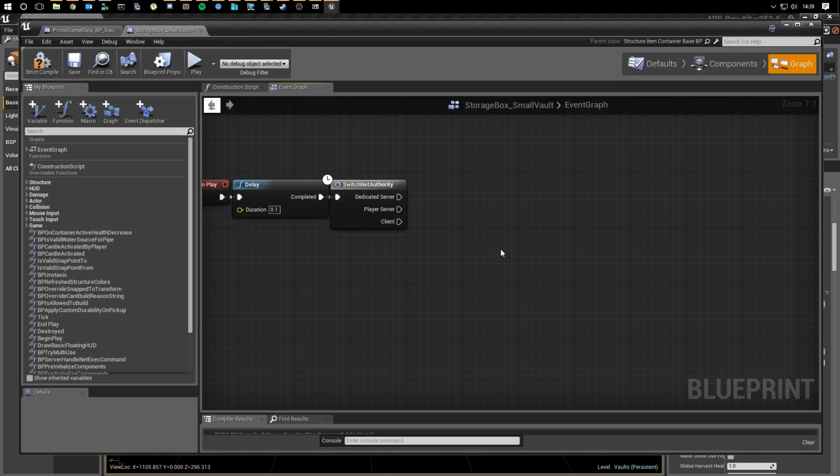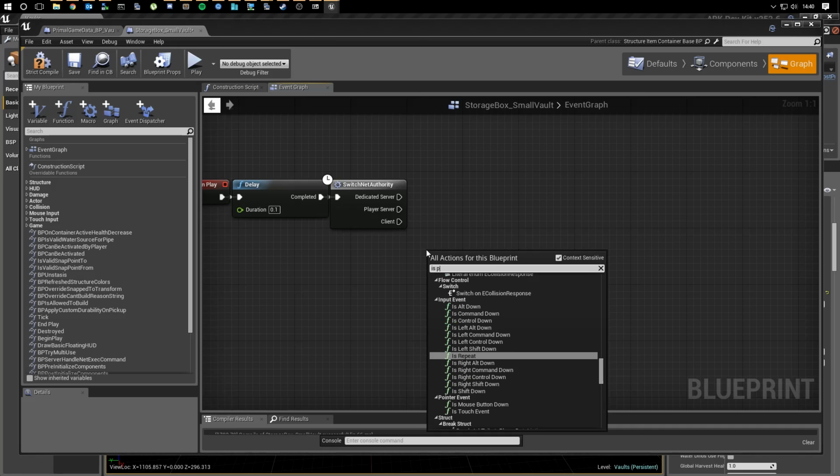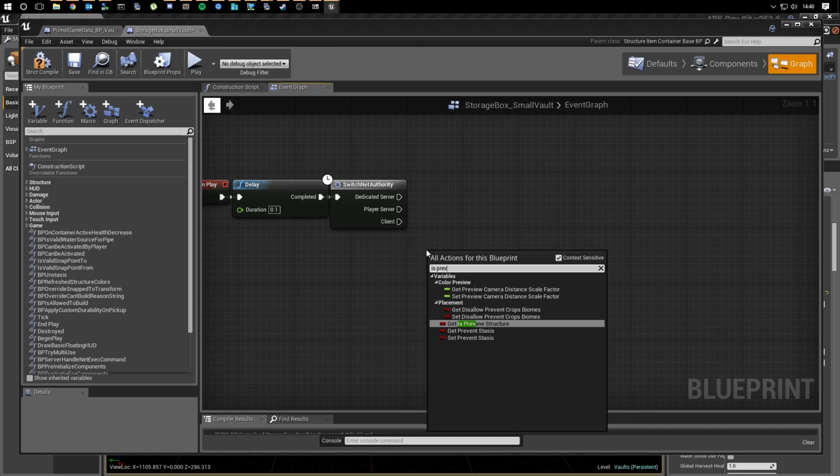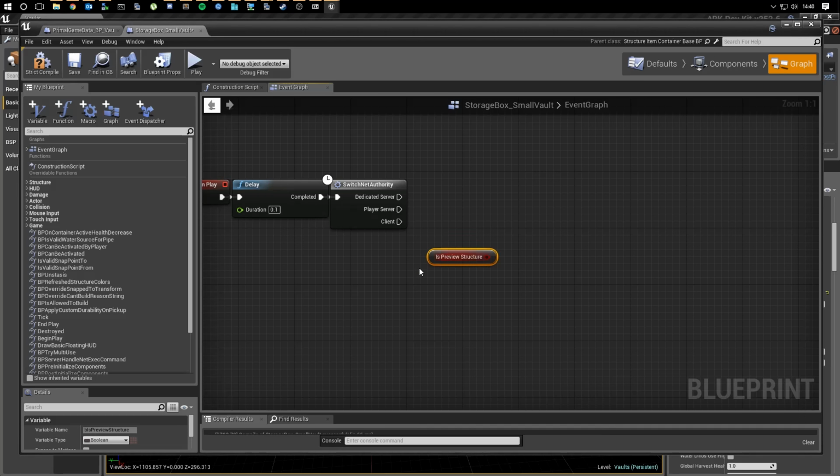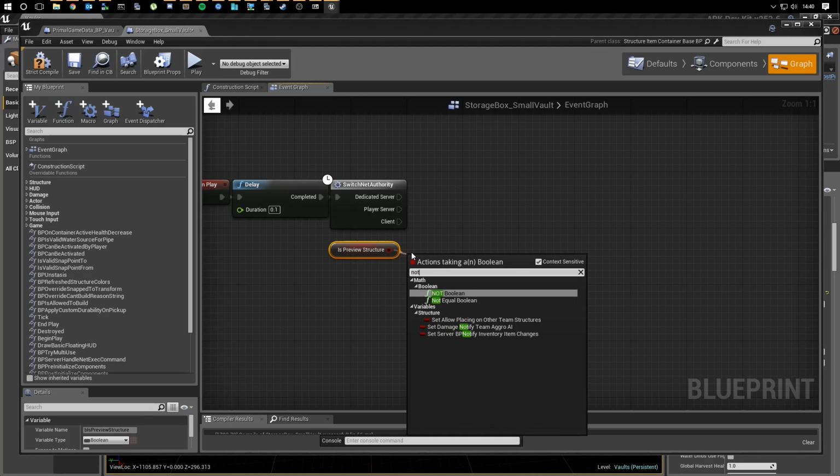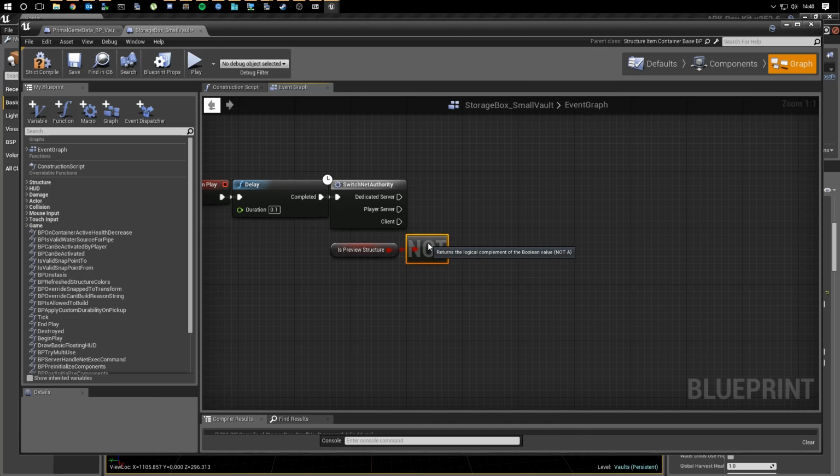Regardless, if it's a pure dedicated server, there's really no extra handling we have to do because dedicated servers do not have the actor spawned until the structure is placed. So let's go ahead and get right into that. So we want to check, is it a preview structure? And we want to make sure it is not a preview structure, so that if it's not being placed,